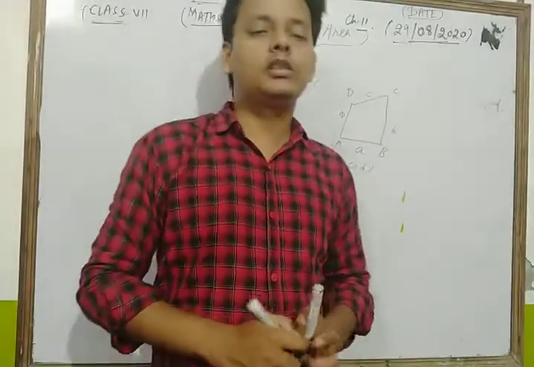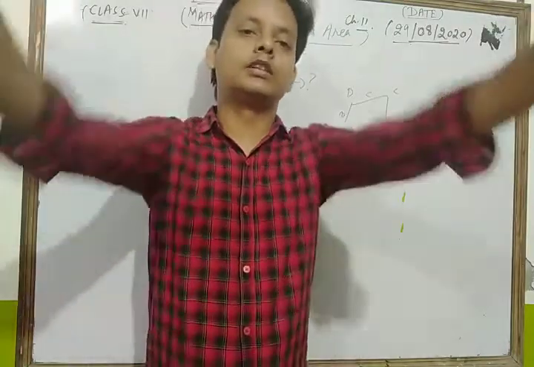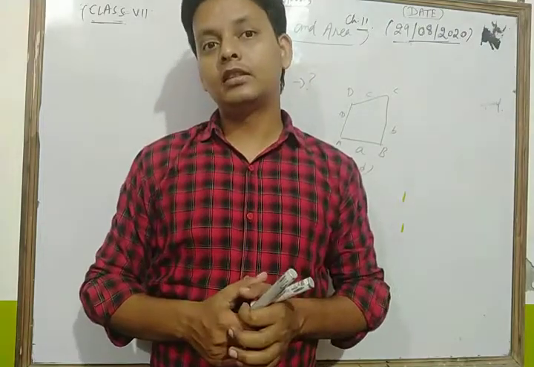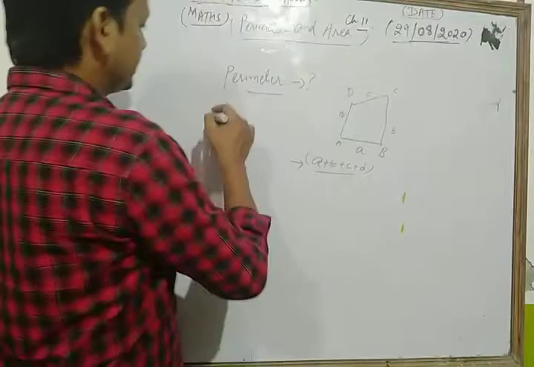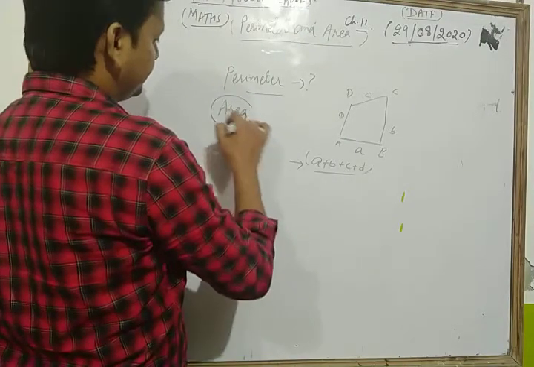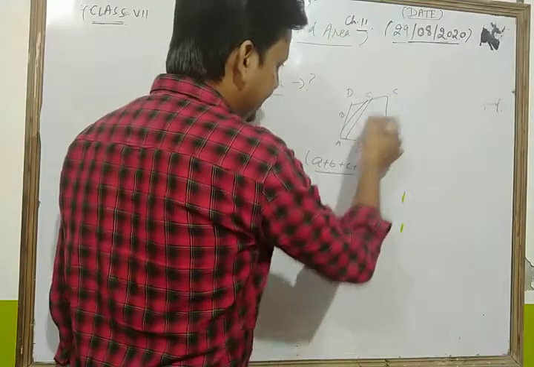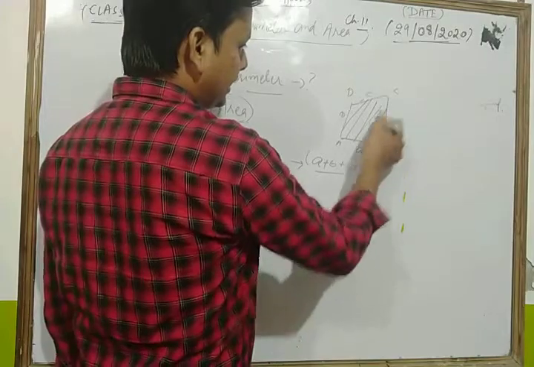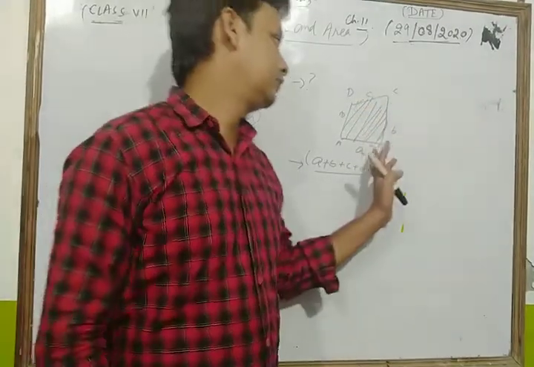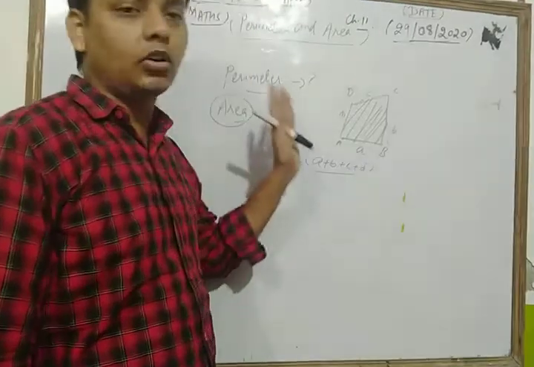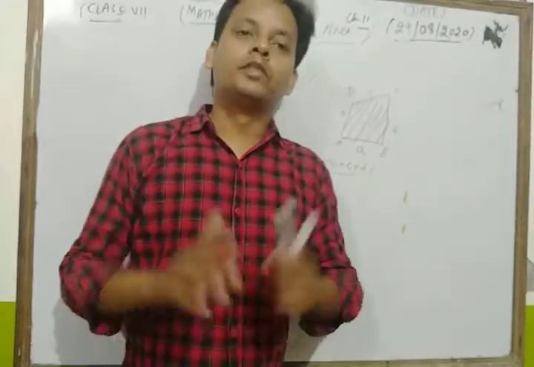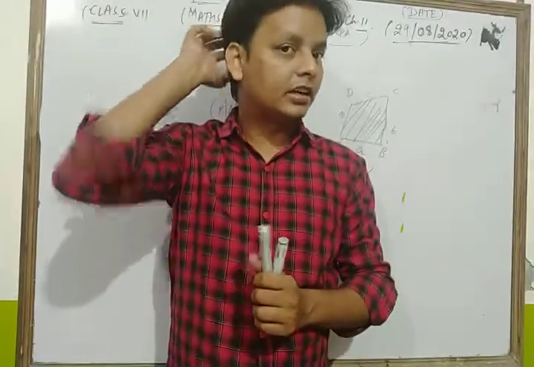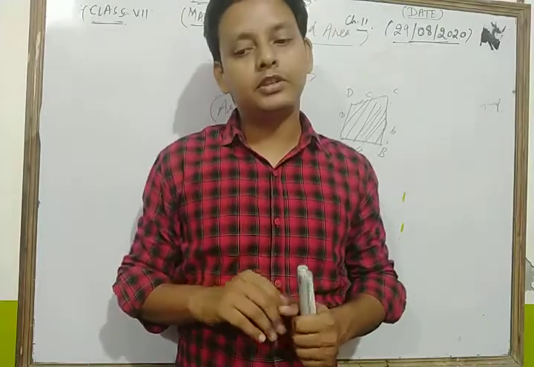So this is the concept of perimeter, dear students. The sum of all lengths of any geometrical figure is known as the perimeter. Now we clear the concept of area. What is the area? Dear students, the region covered by any geometrical figure. Suppose that ABCD is a quadrilateral, then the region covered by that quadrilateral is its area. It means that the region covered by any geometrical figure is known as area. So this is the concept of perimeter and area.